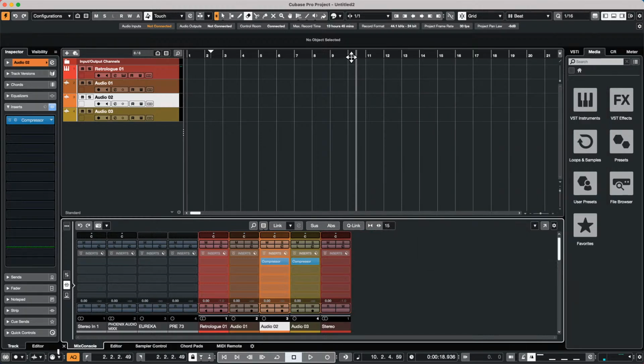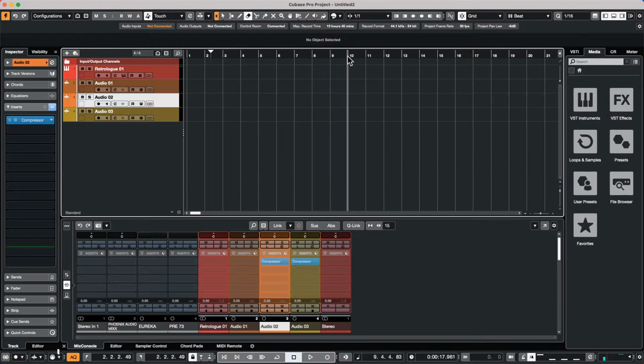So let's say we're at measure 10 here. There are two different ways that could cause it to roll back. One is if we're doing a count-in versus pre-roll. So if I have count-in, let's say I have my metronome activated here and I hit record,